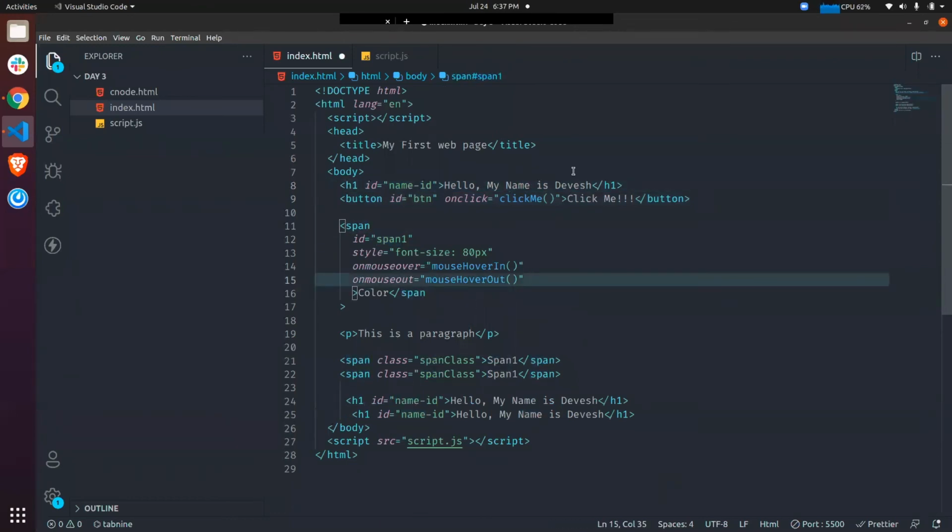So what we can do is write a class, write our CSS inside that class, and assign that class to the elements whose styling we want to change. Like this, we have an attribute called class, and we can write a class name here. This is how we can do it.